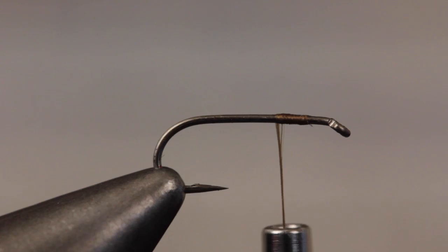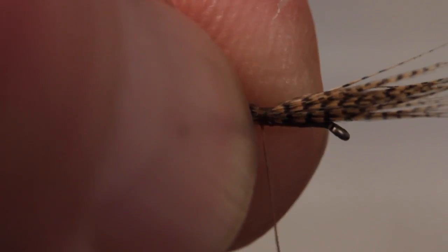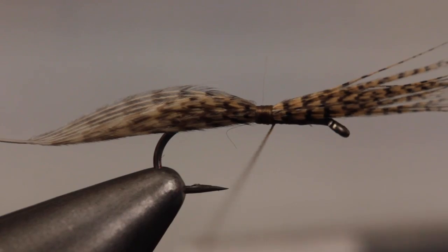Measure to form a wing that's just a bit longer than the hook shank in length. Transfer the measurement forward to the tie-in point, and with a pinch wrap, secure it to the top of the hook shank. Take thread wraps rearward, making sure the bundle stays on top of the hook, then return your thread